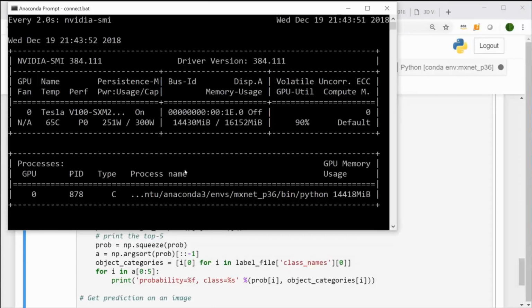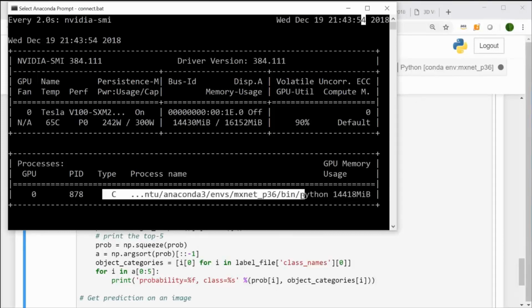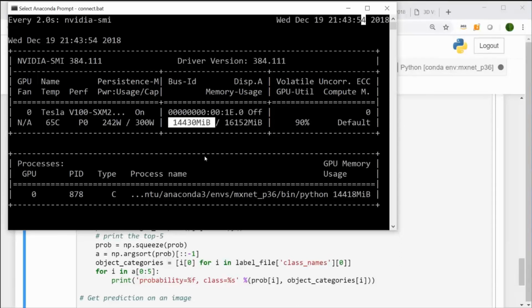As you can see, it's running in this particular environment, the Python Anaconda environment. Another interesting thing to see is the amount of memory it's utilizing. When you do the training, it's very important to keep the GPU memory occupied so that you get the best performance and efficiency.